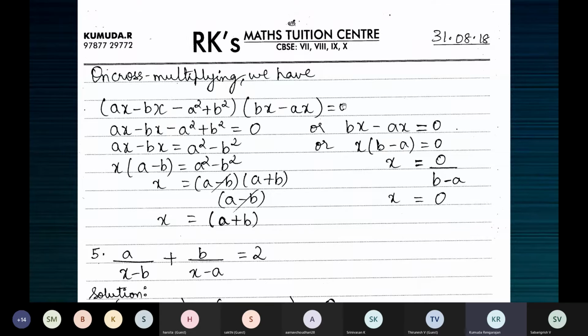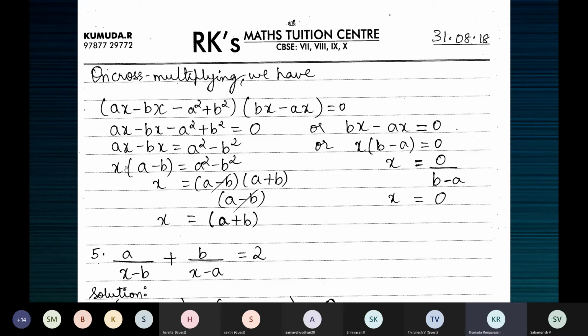So on equating this to 0, before when you equate this one to 0, you should remember that you're finding the value of X. So you push everything to the other side. Only the X terms you must have on one side because you're solving for X. AX and BX have X in them. So let them remain here, and take these two terms which don't have X to the other side.